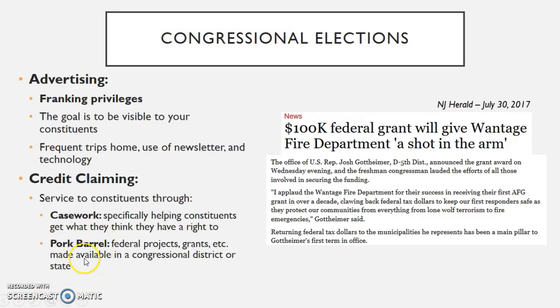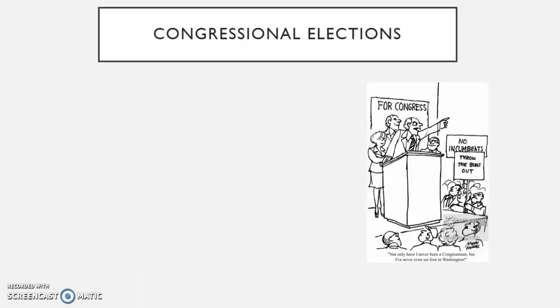Casework is very important. Securing money for federal projects or something in your House district. In my own newspaper in my local town, a $100,000 grant was given to a nearby community for their fire department. This was a small community that probably could not necessarily afford a fire truck. And in this case, the local congressperson secured $100,000. Right there, that's a wonderful way to be visible to your constituents, take credit, and a good use of pork. Everybody tends to have a negative opinion of pork, however, it can benefit small communities, such as this one featured here.